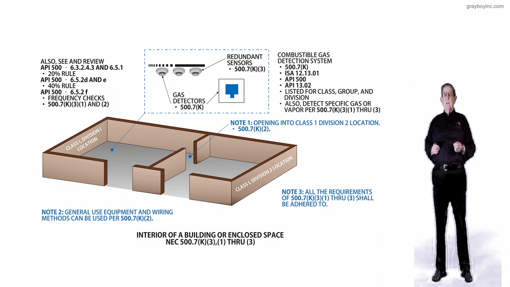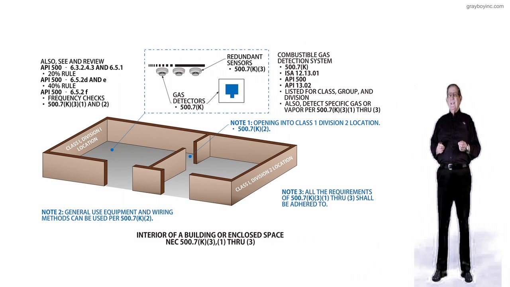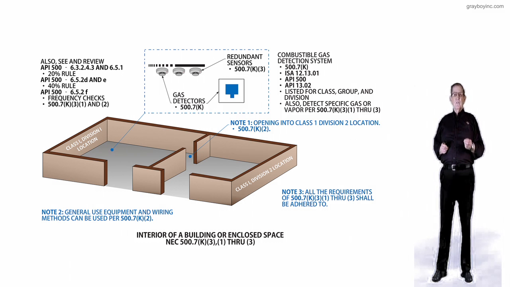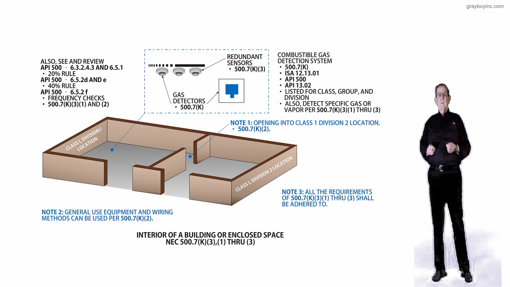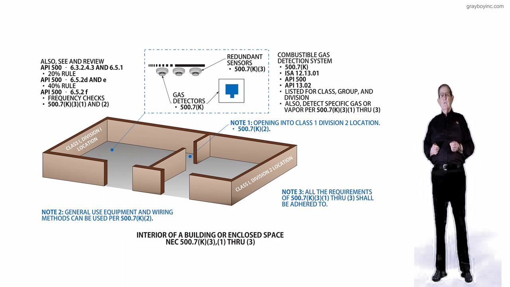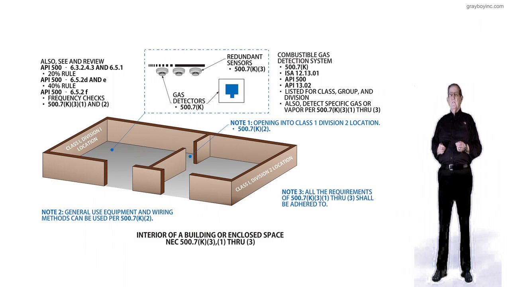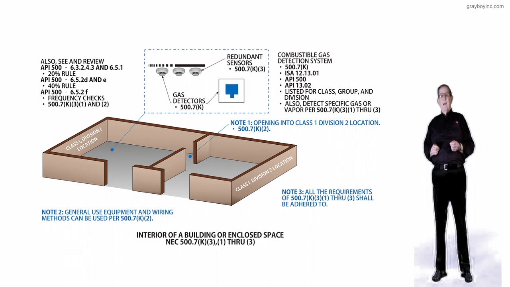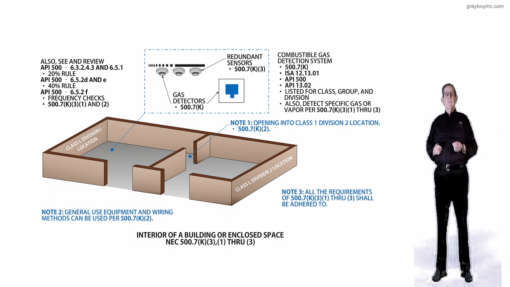gas or vapors that is located in or with an opening into a Class 1 Division 2 hazardous classified location that is provided with a combustible gas detection system shall be permitted to utilize electrical equipment, installation methods, and suitable wiring for unclassified installations. Now, reviewing the illustration, the interior of those rooms, notice to the left of the illustration,